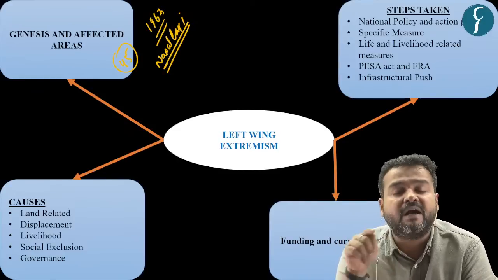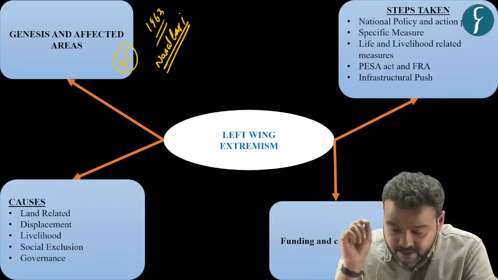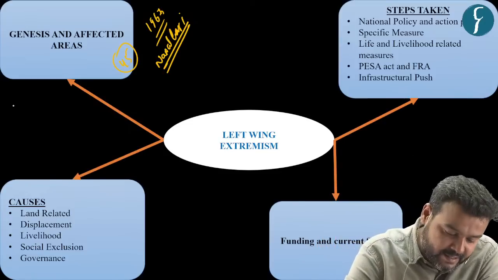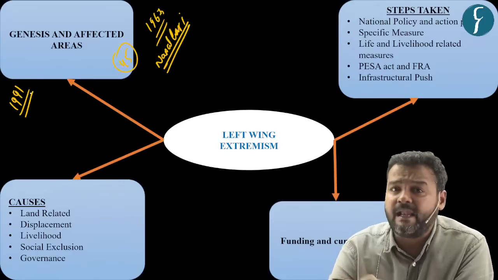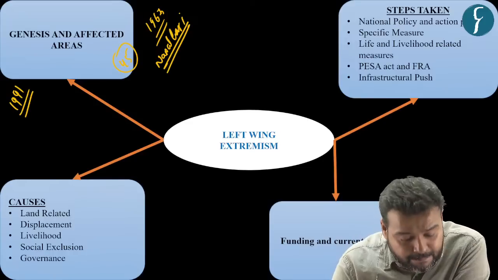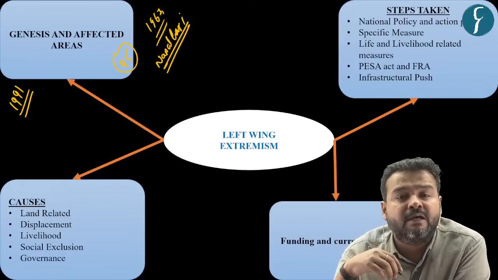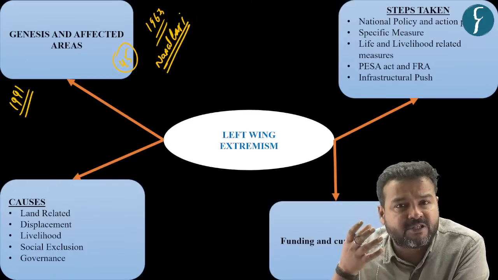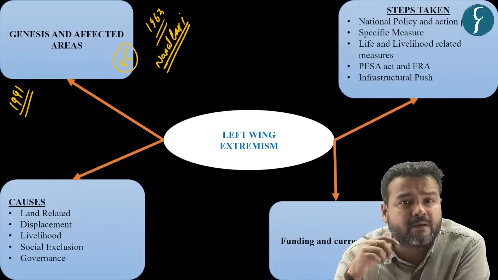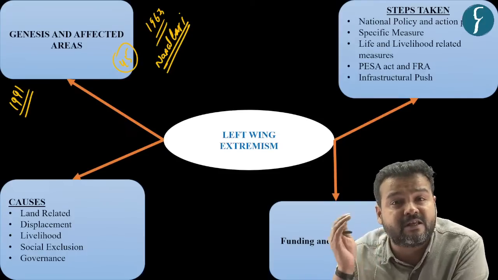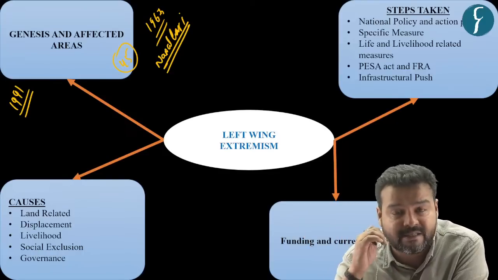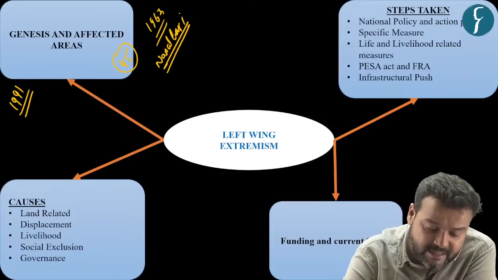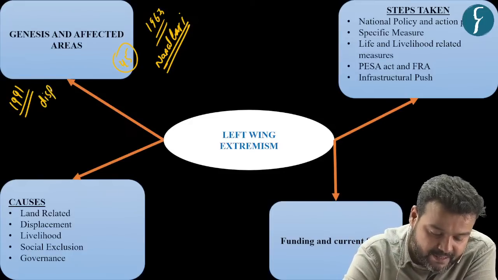So there were multiple fractures, but things changed in and after the year 1991 when the LPG reform came. There was liberalization, and several mining licenses and industrial licenses were given in the backward areas also, which resulted in rising disparity